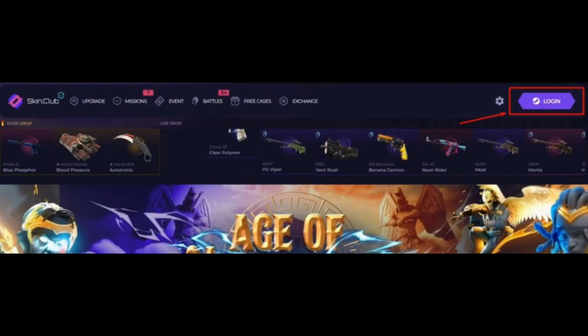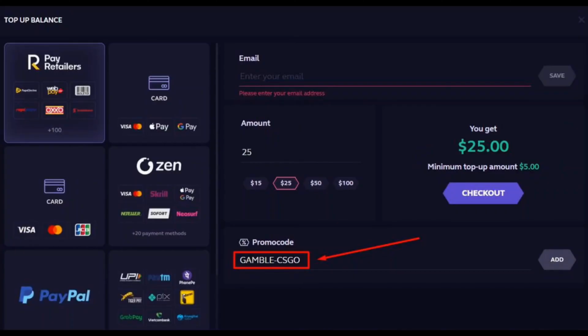First step is to launch your Steam on your device or search for skin.club in a browser. Select Skin Club. Start off by logging into your Skin Club account. In order to do so, at the top tap on the login option and use your credentials to log in